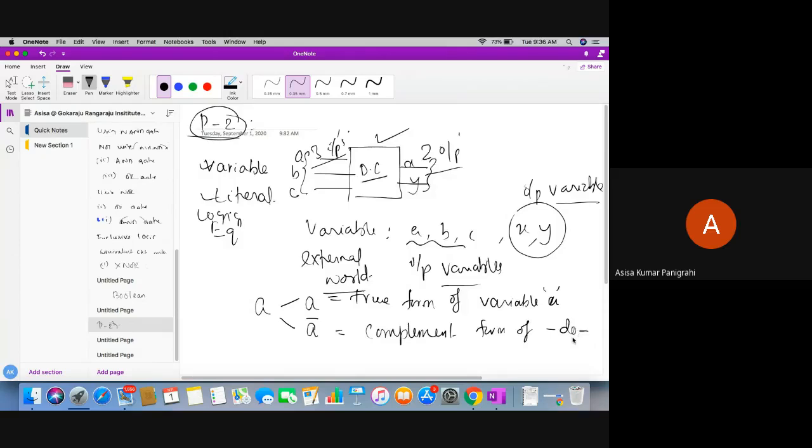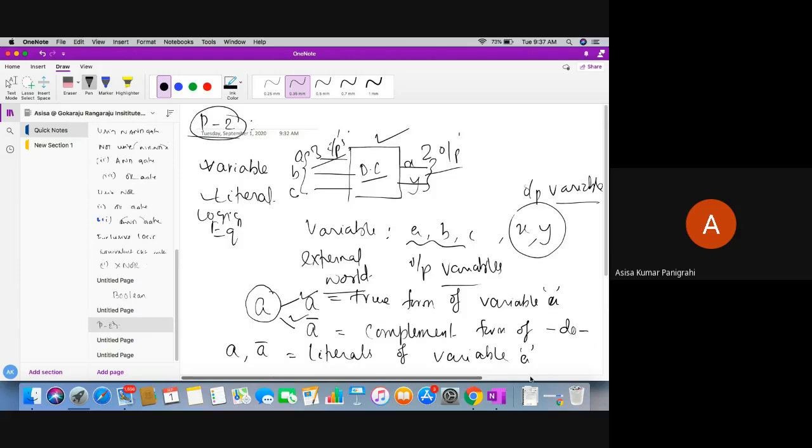Do you all understand? So variable a has 2 forms, a and a bar, and these a and a bar are called literals of variable a. Any doubt, students? Please let me know about this. Did you all understand what is a variable and what are literals?